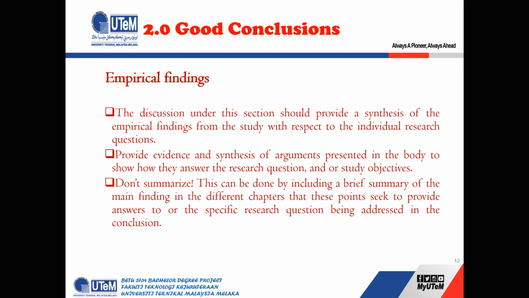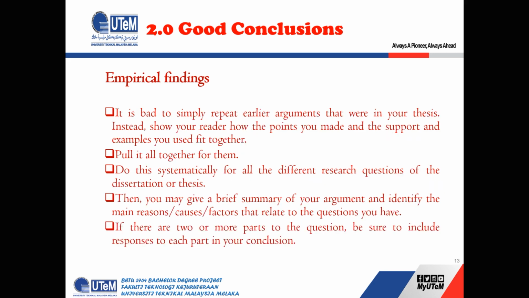You have a conclusion at the end of each chapter, right? Let's say Chapter 2, the literature review part, Chapter 3, the methodology part, and Chapter 4, the results and discussion part: whenever you finish the chapter, there is the conclusion of the chapter. In that conclusion of the chapter you can summarize, but when you are writing Chapter 5, which is the conclusion itself, you cannot summarize. So a summary should not be included here, but it should be purely a conclusion.